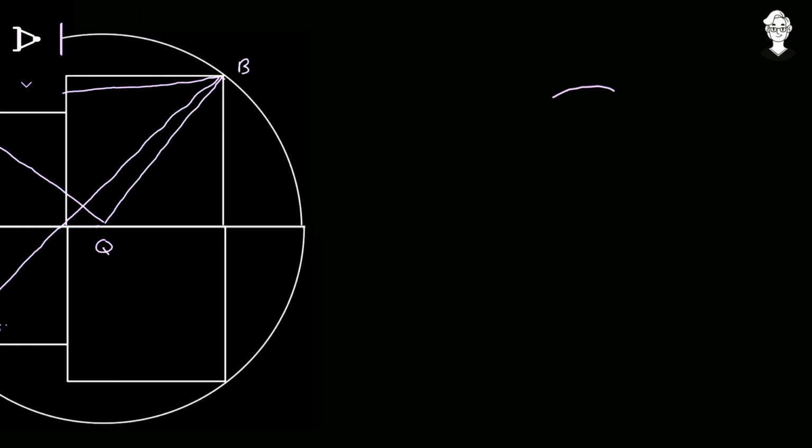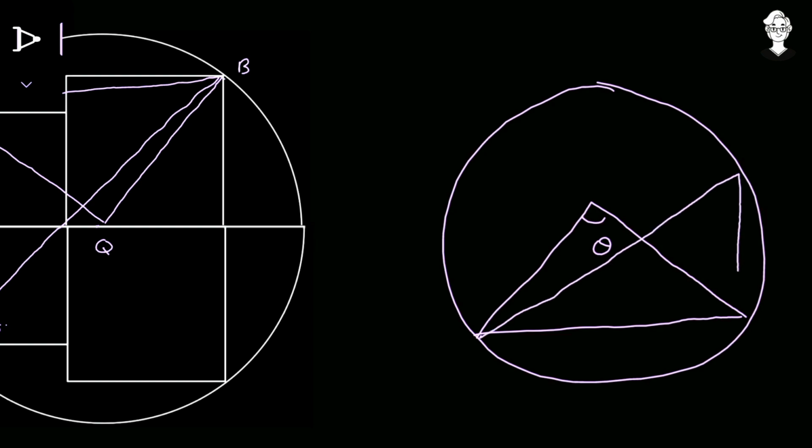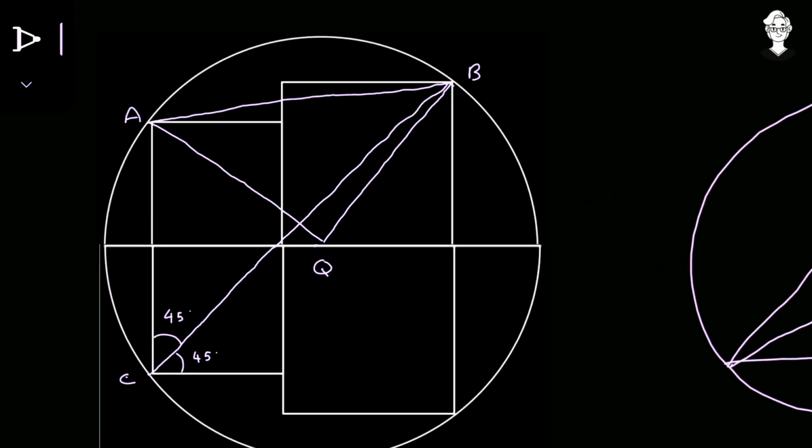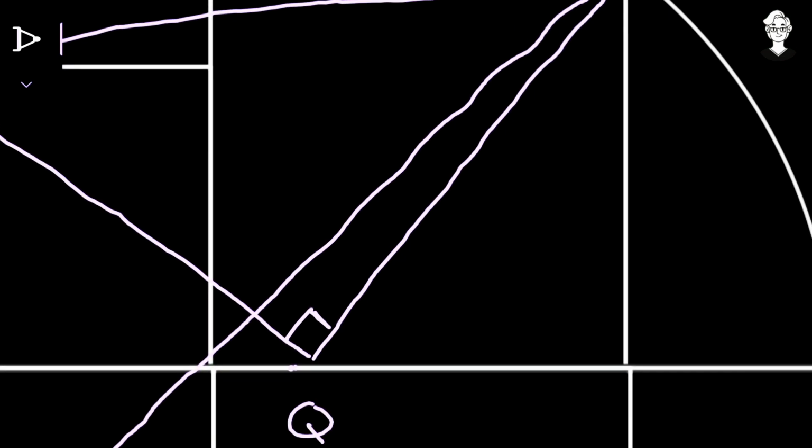Now remember the theorem: if there is a complete circle, we have a chord, and it subtends an angle at the center, let the angle subtended by the chord at the center be equal to theta. If that same chord subtends an angle at the circumference, that angle is going to be half the angle subtended at the center. So at the center it subtends theta, and over here it subtends theta by 2. The same case is present over here. The chord AB subtends an angle of 45 degrees at the circumference, so at the center it is going to subtend double the 45. So 45 doubled is 90, and this particular angle becomes 90.